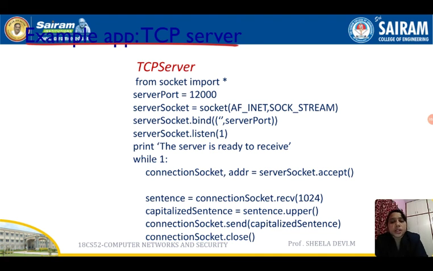This is the extra line which we can see only in TCP server programming, not in UDP server programming. In UDP server programming, it is not going to close. And one more thing is, it will not create two sockets. There only one socket will be created, called the server socket. But here two sockets are created. One is the server socket for welcoming the client and the other is the connection socket for sending and receiving data. So this is how our TCP program works.